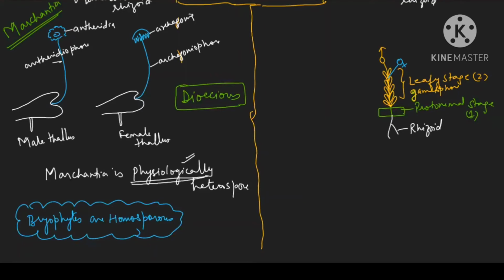Dioecious means two different plants are required for fertilization. But in case of Funaria, this is monoecious. Funaria is monoecious. It does not require two different thalli. From one plant only we can get the zygote formation. I hope up till here your comparison chart is easy for you to learn. Now you know very well the next step is fertilization. After fertilization, zygote formation. Is it clear? And embryo formation. So now let us see next.